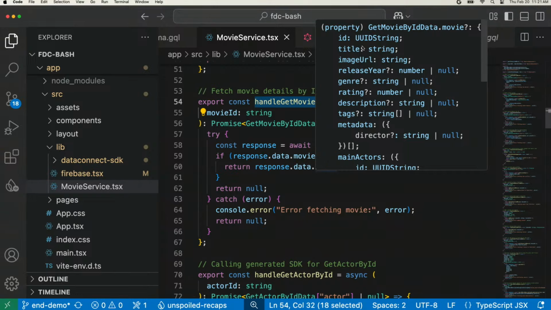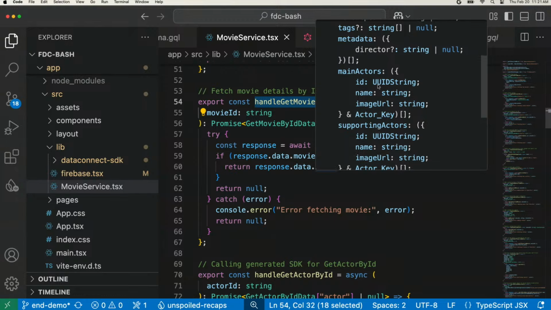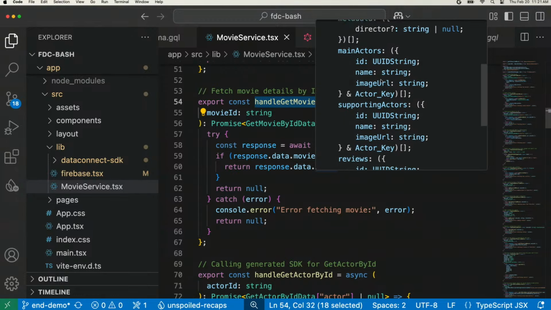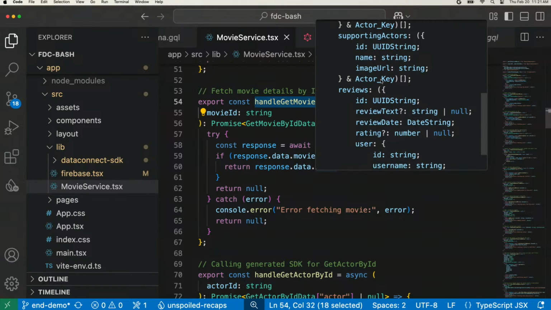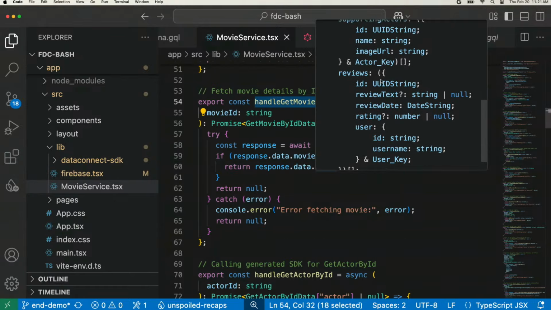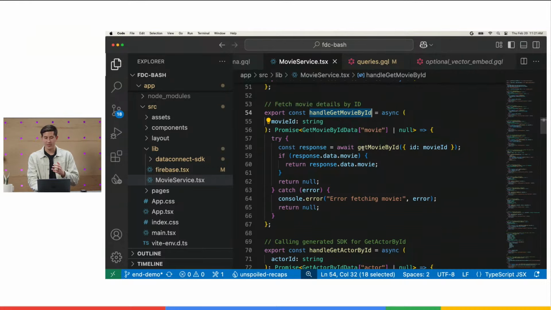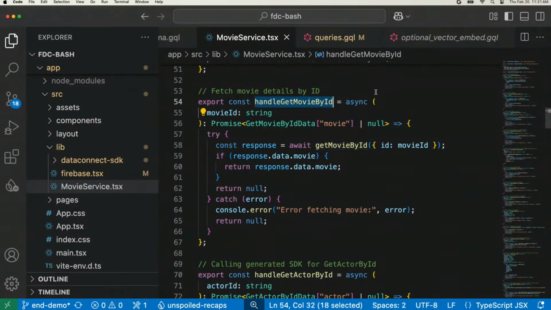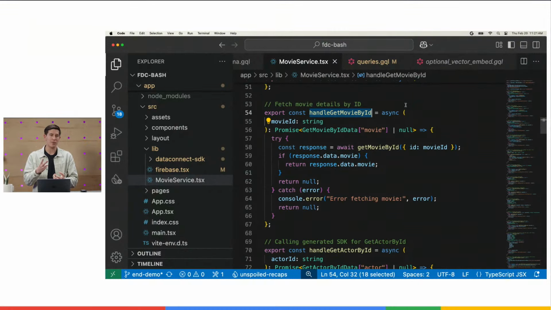It has to have an ID, has to have a title, has to have an image URL, and it can optionally have release year, genre, right? It's even got the metadata director, the main, an array of main actors, an array of supporting actors. This is a strongly typed object that's easy to reason about on the client SDK that can be called just with a single function based on that query that I wrote. So it saves you the hassle of creating the API, creating the client code to talk to it. You can focus more on your business logic, creating immersive experiences just by defining that query there. So that is the power of that query-defined infrastructure.